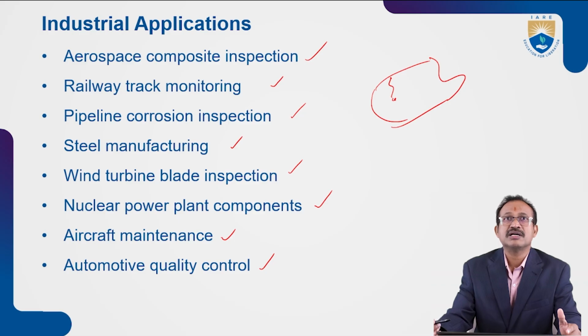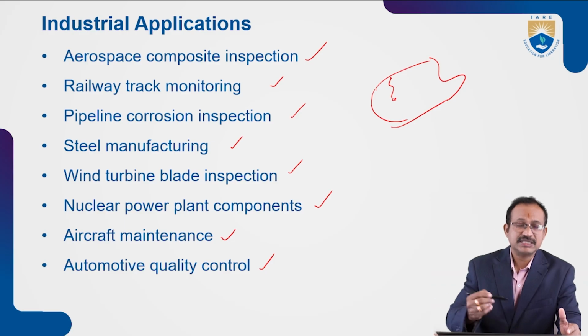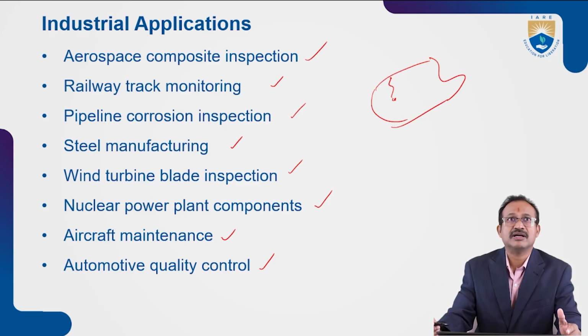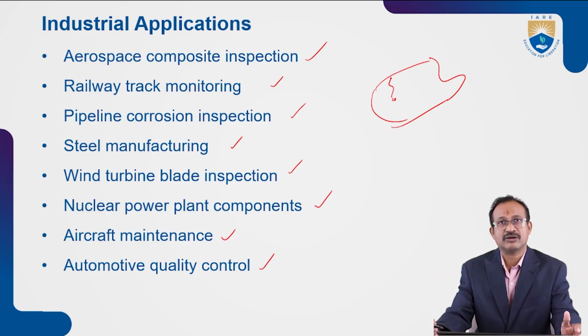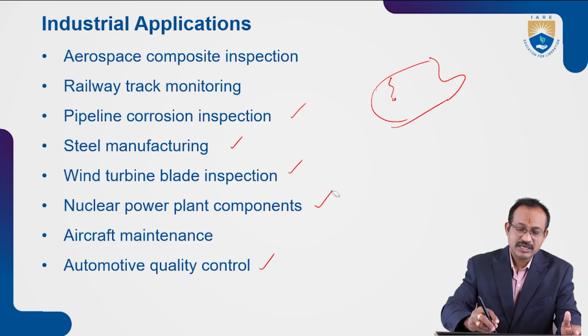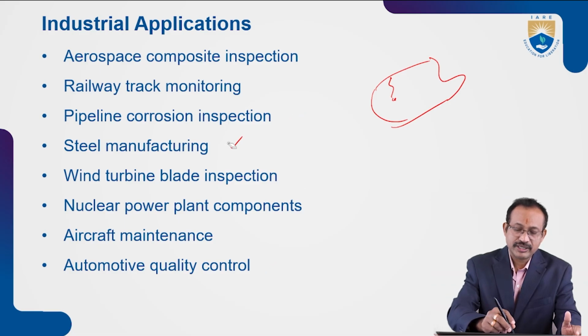Why? Because the ultrasonic inspection does not touch directly, and at the same time it is very easy to identify internal defects like cracks. Similarly, steel manufacturing industries, wind turbine blade inspection, nuclear power plant components, aircraft maintenance, and automotive quality control systems. So with this, I am concluding,